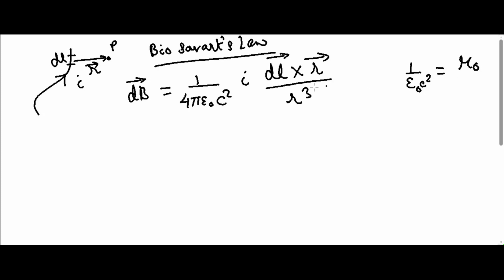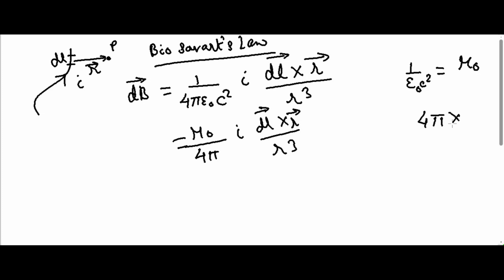So if I replace 1 by epsilon naught c squared by mu naught, I will get mu naught by 4 pi dB is equal to mu naught by 4 pi I, same thing, dl cross r by r cubed. So this is called the Biot-Savart's law, and the value of this mu naught is 4 pi into 10 to the power minus 7,